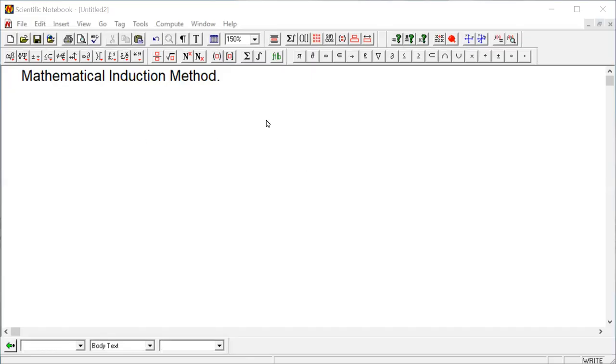Hello. In this lesson, we're going to talk about the mathematical induction method. Before we start, we'd like to show you an example of a conjecture. A conjecture is something that we have observed. It seems to be true, but it has not been fully